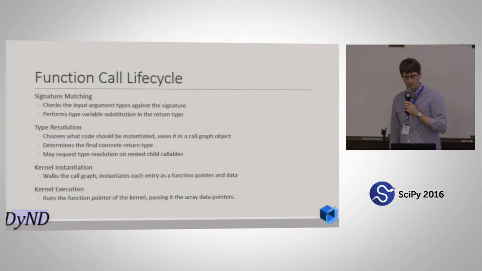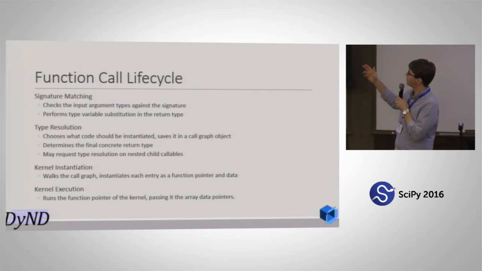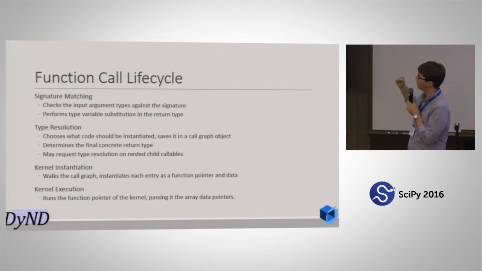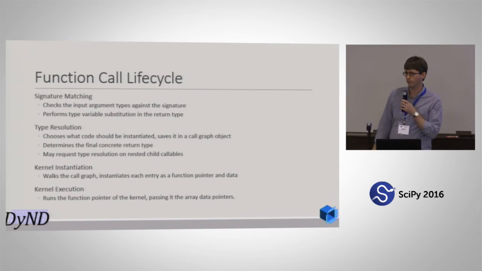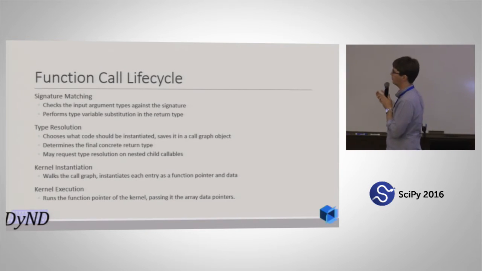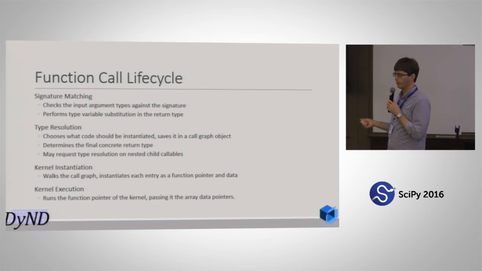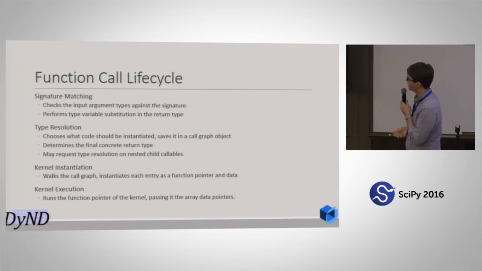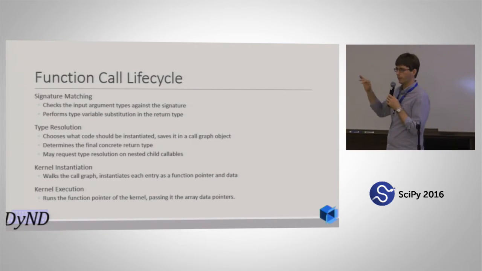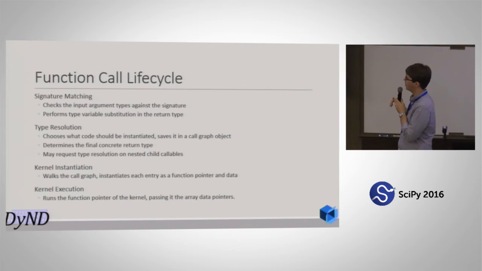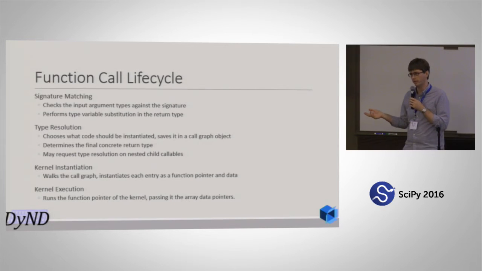So the basic life cycle of a function: we do signature matching. That kind of just goes through all the arguments, checks them. Type resolution is sort of the main crux of where the magic happens to pick your specialized code. And it's doing two things. It's lowering to a call graph that we build up for that nested kernel calling and determines the final concrete